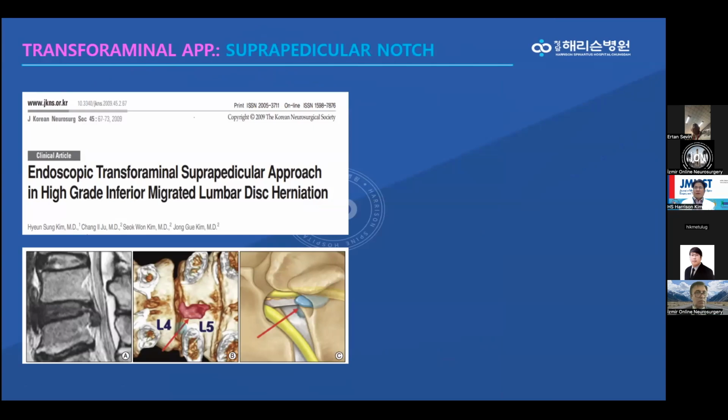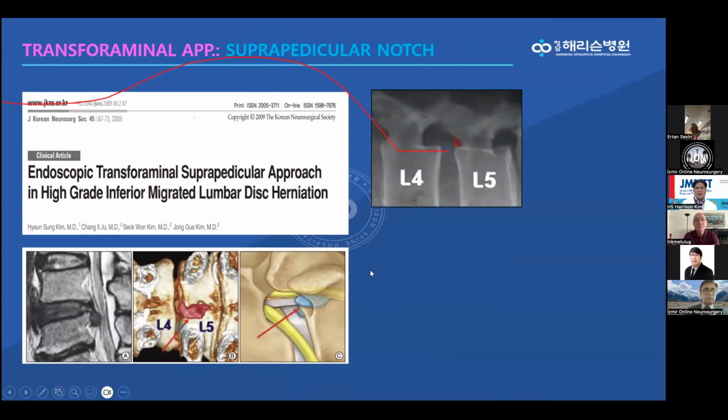And also, knowing that some surgeons perform mobile outside-in insufficiently, we should know some very important anatomy of the suprapedicular notch. I also wrote in this paper about the suprapedicular approach